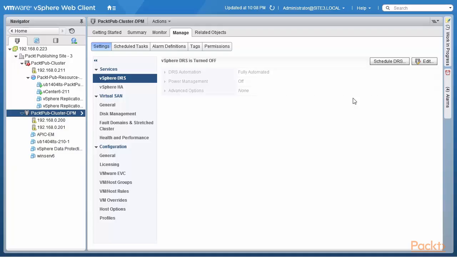So we are here in the VMware vSphere web client, and we are looking at the packed pub cluster DPM. This is one I created to show you some of the options for distributed power management, which is one of the aspects of resource management in a vSphere environment. As you can see, there are two hosts here, 192.168.0.200 and 192.168.0.201. When I look at the DPM cluster and under services, that is manage, settings, and then vSphere DRS under services, I see that vSphere DRS is turned off. When I edit this